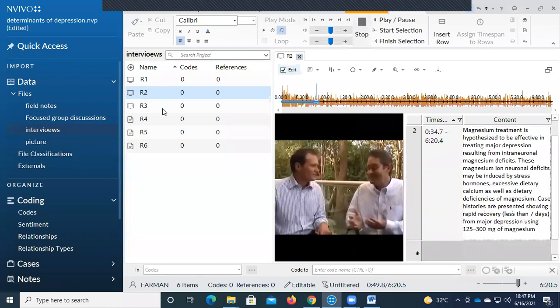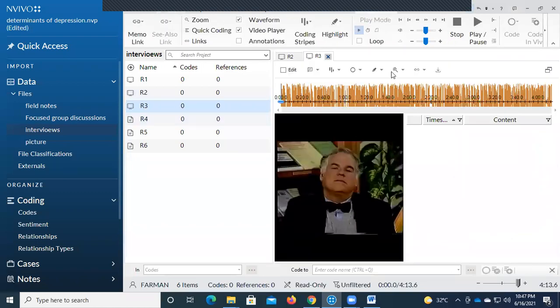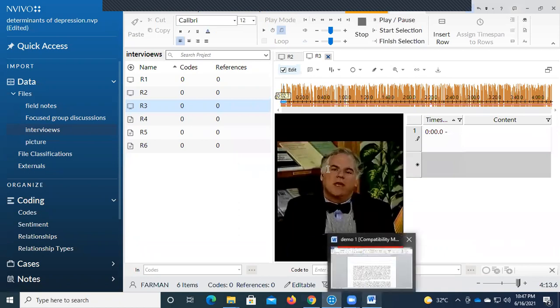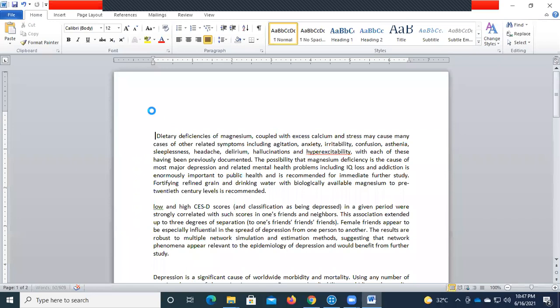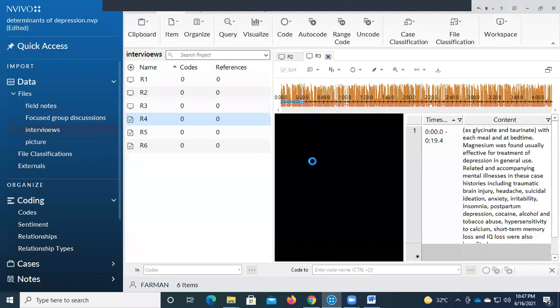So now moving towards respondent 3. Edit, enable edit, transcribe, play. Now respondent 3 is telling about his point of views regarding the factors which are causing depression in human beings. After listening to each respondent, you will transcribe them. And if your respondents or your interviews are in textual form, then there is no need to transcribe those because